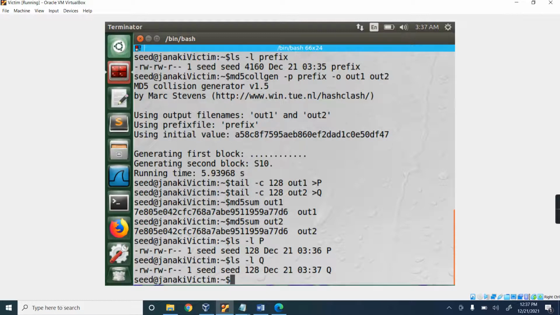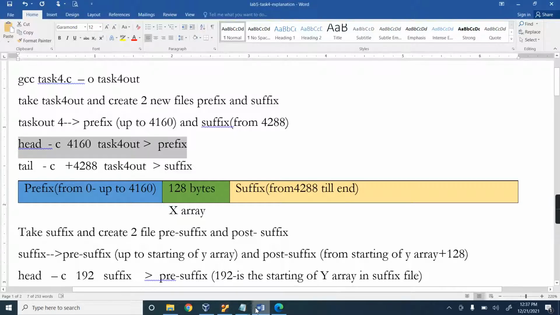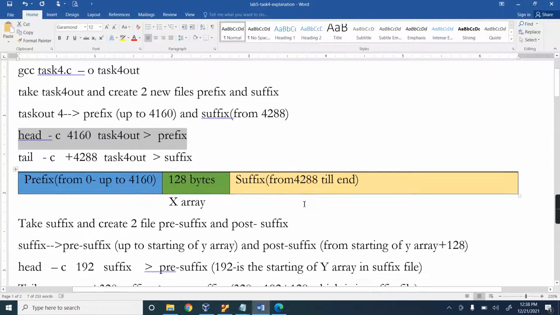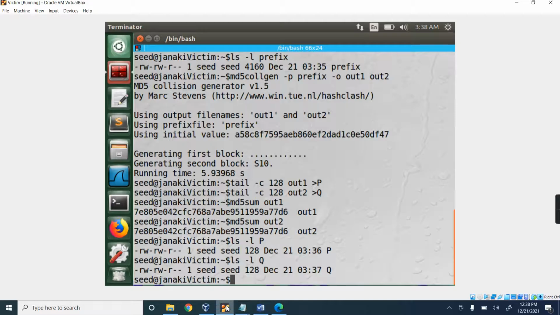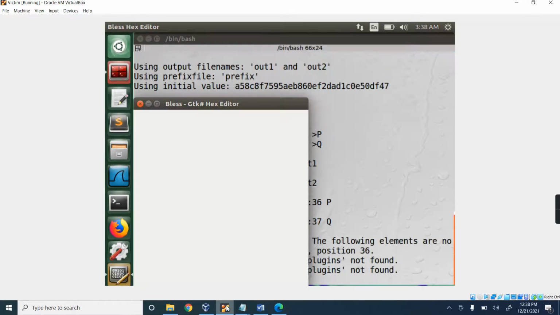Now if you move on to the suffix file, starting from 0, in the suffix file we need to check where y is starting. So I am going to open only the suffix in bless, because I want to find the starting of y in suffix.